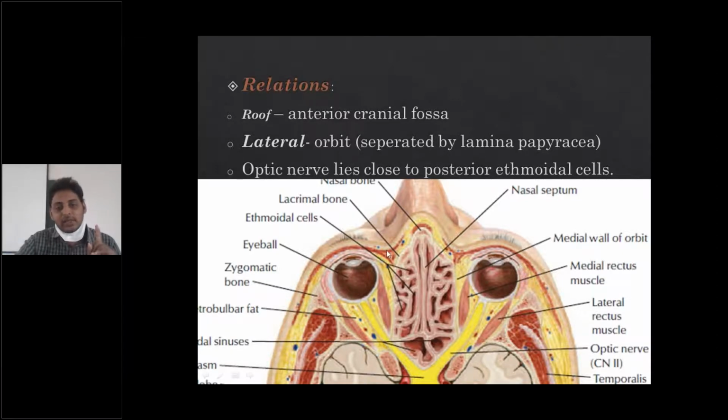In the maxillary sinus, we learned that while doing dental surgeries or tooth extraction, we should be cautious regarding the floor of the maxillary sinus, because infection may ascend and cause an oroantral fistula. And in the ethmoid sinus, the medial wall of the ethmoid sinus, or the lateral wall of the orbit, which is the lamina papyracea, this thin bone, we should be cautious during surgery, because the infection may traverse into the orbit. So these are the clinical points of view.